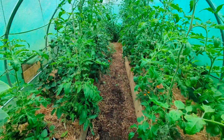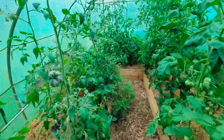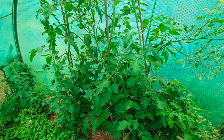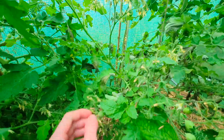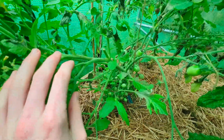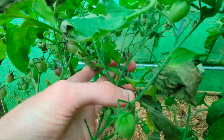Now, all these tomatoes are heritage varieties, and we're having various different problems with them this year. And the first one, which is kind of inevitable actually, given the cool, wet weather which we've been having lately, and that, my friends, is the dreaded tomato blight. Now, this has really started to spread very fast. In fact, the other day when I came down, it wasn't as bad as this, but now, yeah, there's just